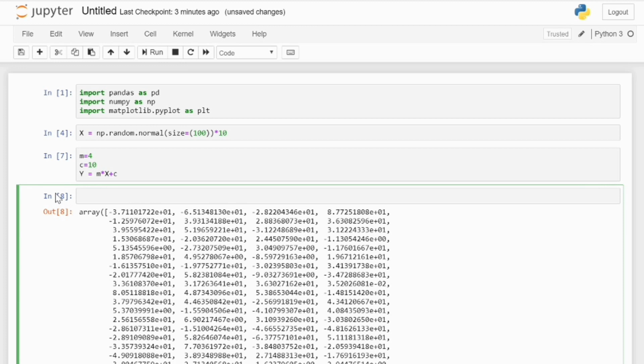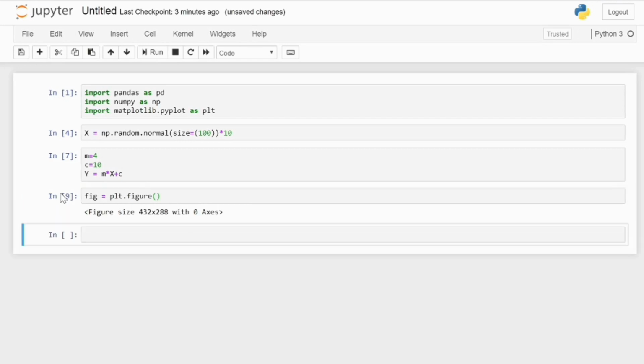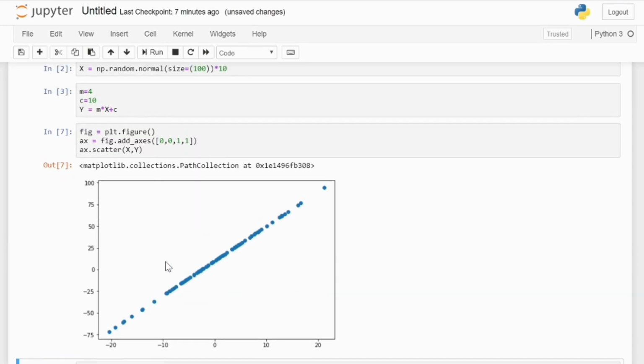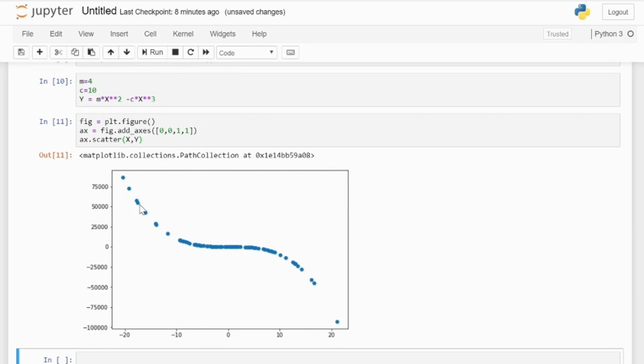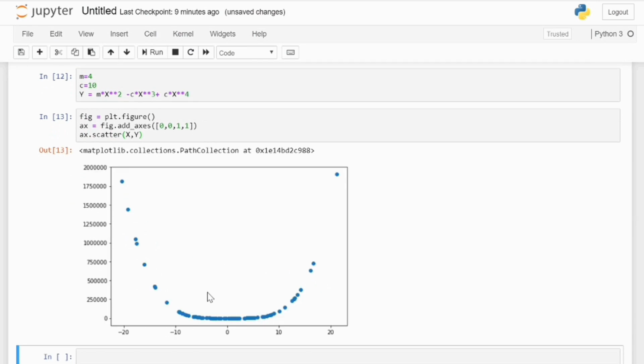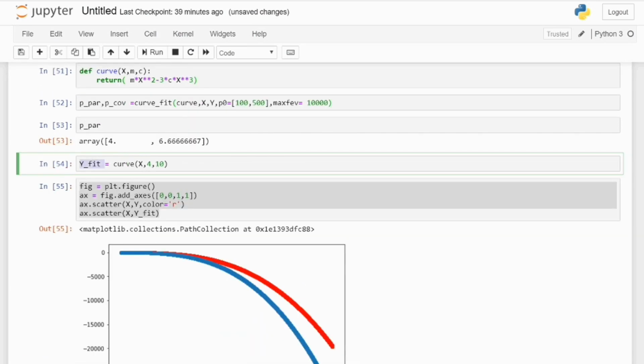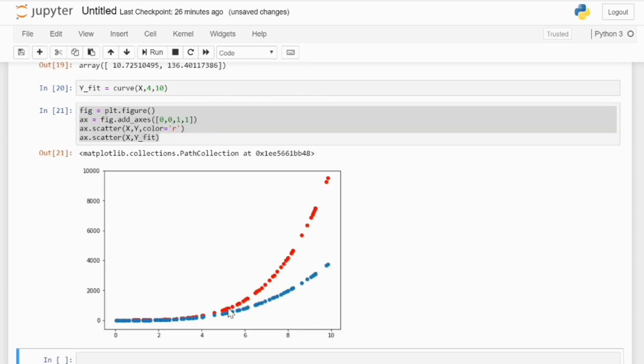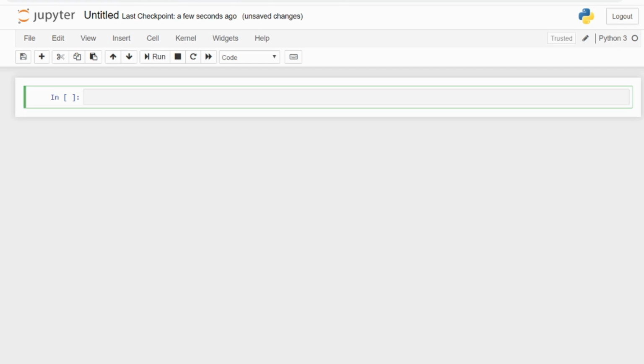Let's have a brief about what you will be able to do after completing this video. You will be able to generate some random samples and plot these types of curves with the help of functions. After that, you will be able to put nonlinear curves on top of these points and generate a forecast for the future. So let's import the libraries.